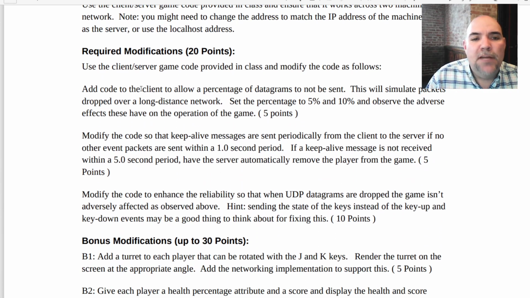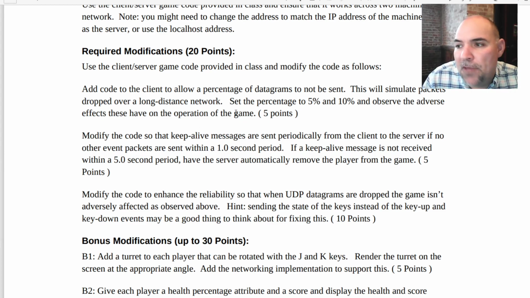There are some required modifications here. It says use the client server game code provided in class and modify the code as follows. The first one I'm going to help you with, so everybody should get that first one done. What I want you to do there is essentially simulate lost packets, or packets being dropped over a long distance network, by just every once in a while dropping one of those packets on the client code. I want you to set that percentage to 5% and 10% and observe the adverse effects on the operation of that game. That's the first modification, and I'm going to walk you through doing that one. The other ones, however, here,